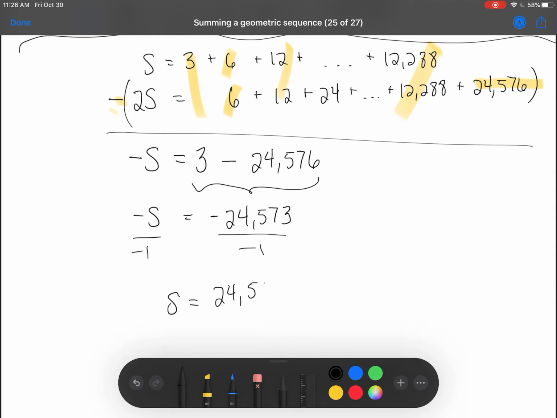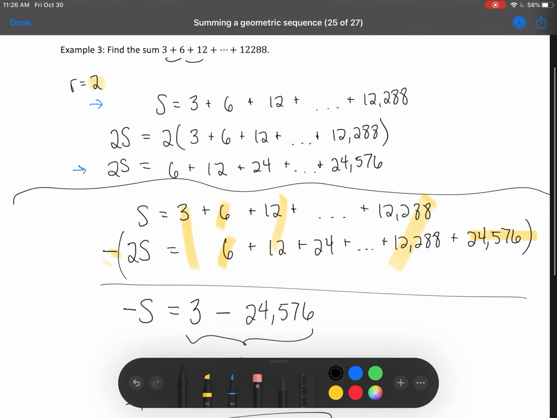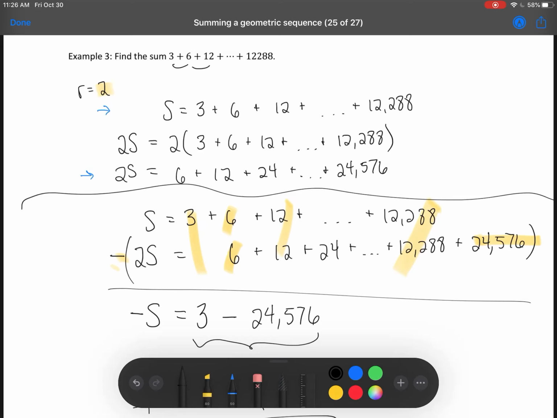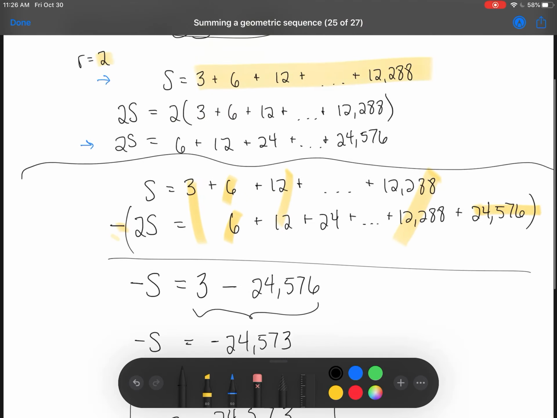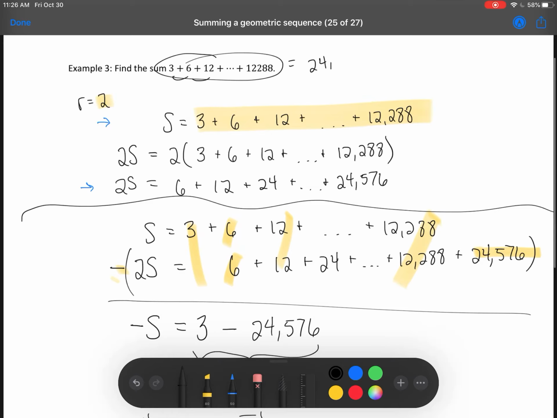So we simply divide by negative 1, which would leave us with positive 24,573. And that is the sum s that we had up here, which tells us that the sum we're trying to find is equal to 24,573. So that's how we use the multiply, shift, and subtract